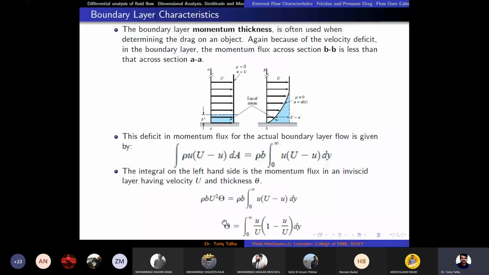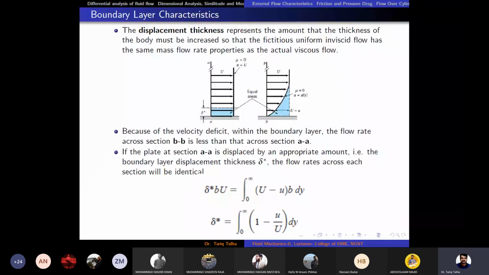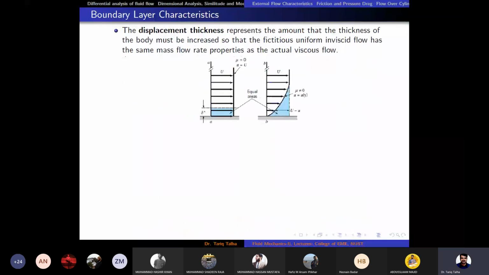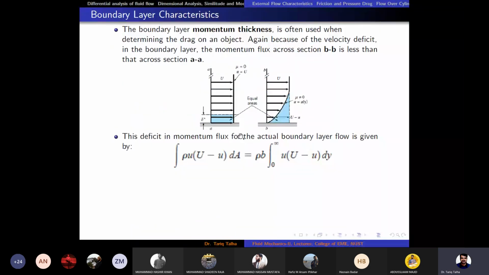These are integral properties, and they define the boundary layer in a more robust way. So usually we define the boundary layer in terms of momentum thickness or displacement thickness rather than boundary layer thickness. The reason is that 0.99 is a very arbitrary selection. So rather we equate the mass flow rate and momentum due to the effect of the boundary layer.